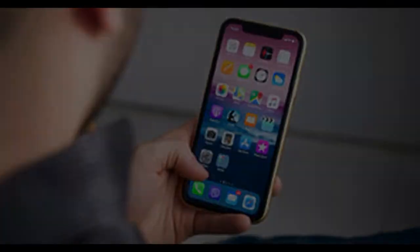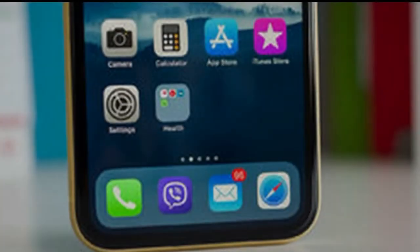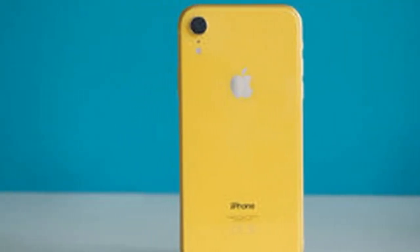Apple iPhone XR: 5.94 by 2.98 by 0.33 inches, 150.9 by 75.7 by 8.3 millimeters, 6.84 ounces, 100